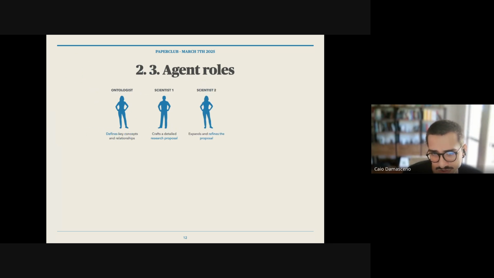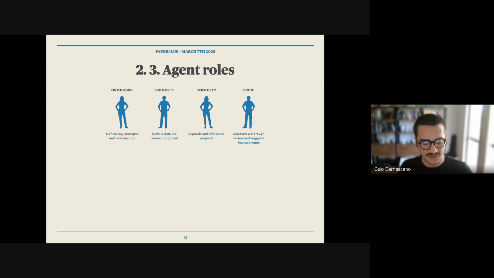So scientist 2 is the one that expands and refines the proposal. It's pretty much similar to the first one, but it's used to go deeper, go further on the hypothesis.